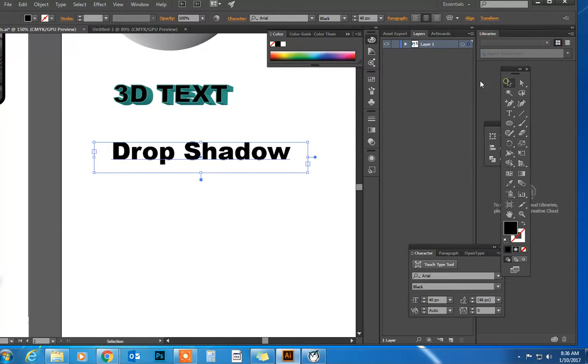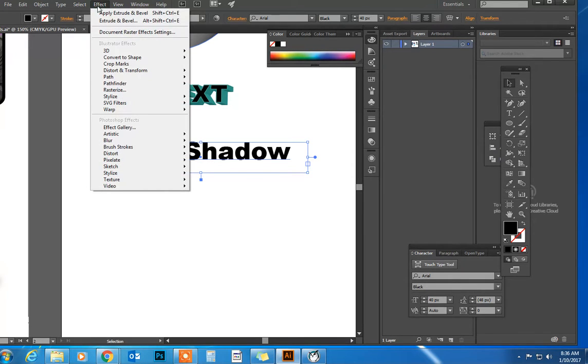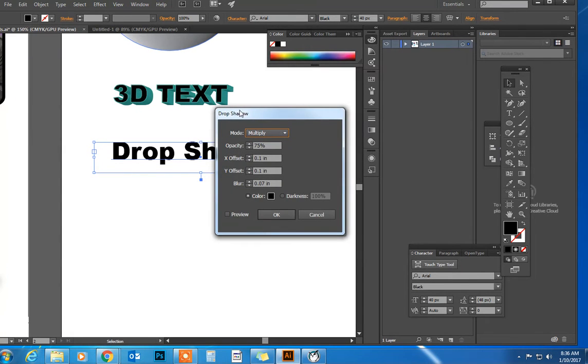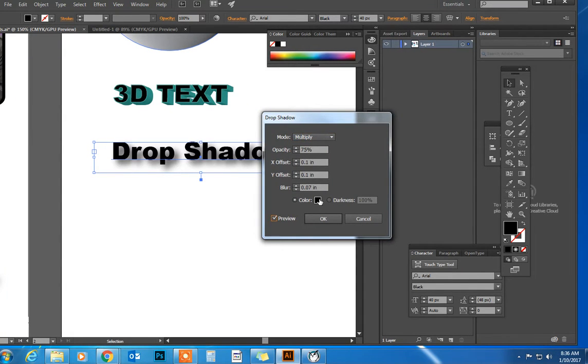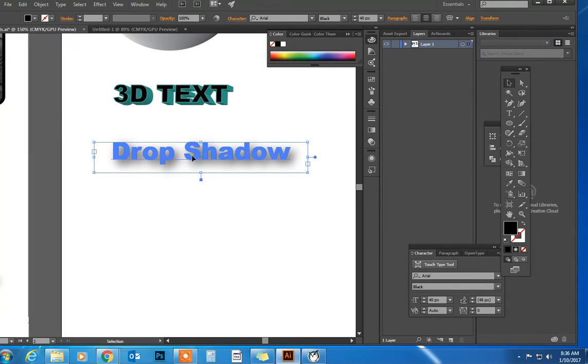All right, and for both of these, all we're going to do is select Effect, Stylize, and then Drop Shadow for the first case. You can change the color of your drop shadow, the offset, which would be the distance from it, how much it's blurring, so you can have it really noticeable or not, and the opacity also in there. So that's our drop shadow, and then if I just copy this,